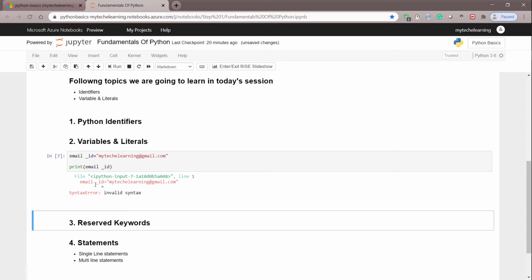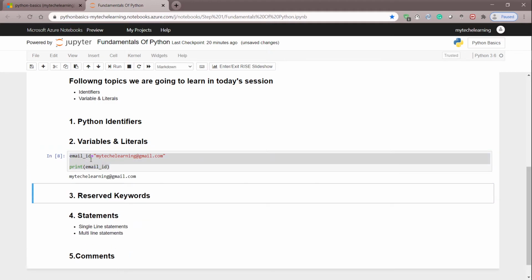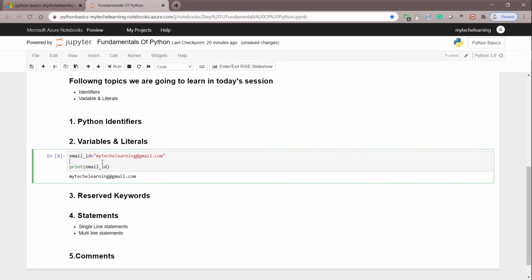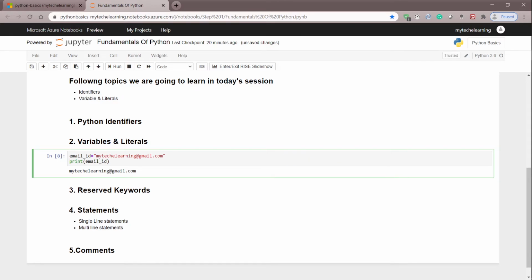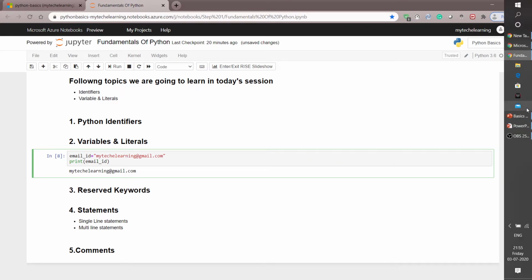Here, when I'm printing email id as a separate word, it will not take it because space is not allowed. So instead of space, you can fill the space with an underscore and execute the query. Okay, you will get an output here as email id.